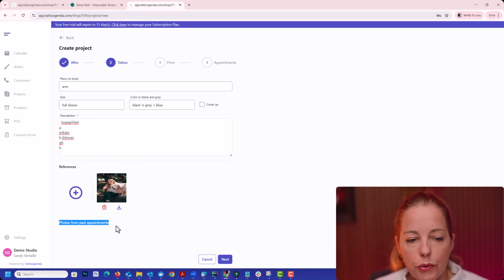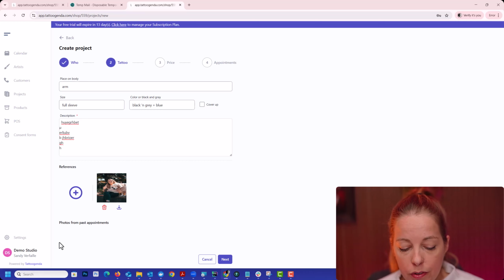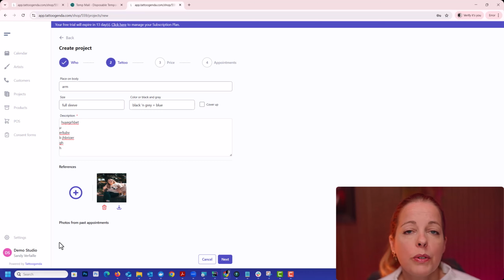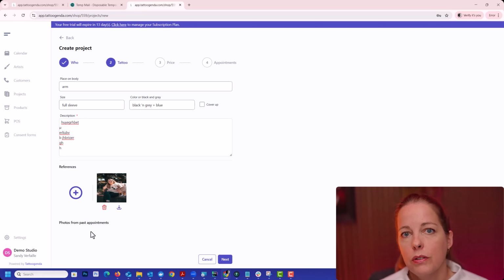This one, photos from past appointments, this will start filling up itself. Now it's empty. For each appointment that happens, an artist can upload a picture of the finished result of that day. So if a project has appointments in the past and those appointments have a picture uploaded when it was finished, then this will show you a list of pictures of the work that has been done already.